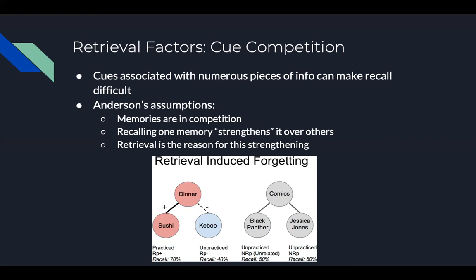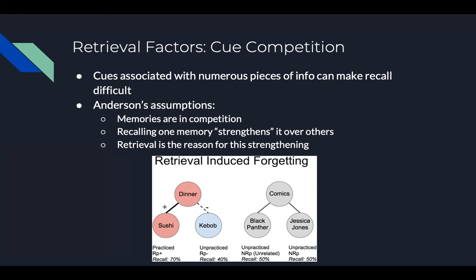And then thirdly, the very act of retrieval is a learning experience. When we retrieve information, we are not just pulling an exact replica of that memory out of our filing cabinet, but rather we are engaged in a process of reconstruction. The fact that we reconstruct means that the memory becomes strengthened. It's a more active process. It's not quite as passive as, like I said, just pulling a picture out of a drawer.